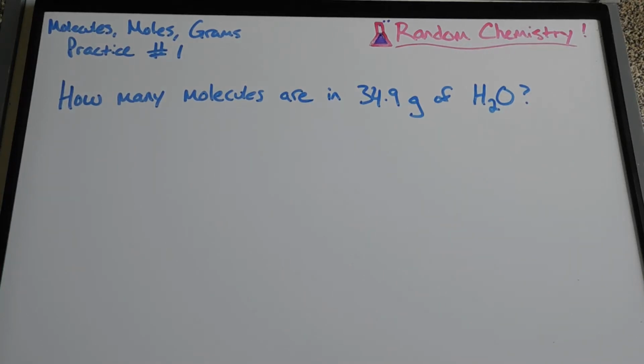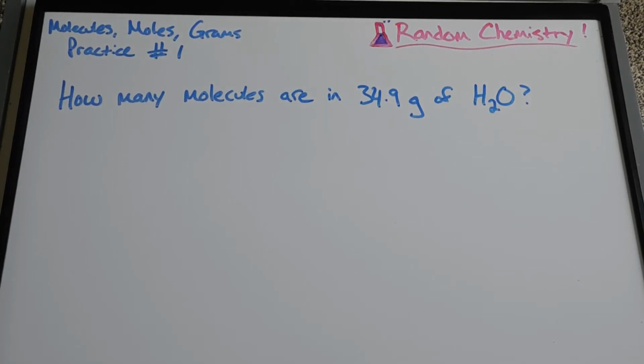In this video, we're going to continue to practice converting molecules to grams and grams to molecules. Here's our first question. How many molecules are in 34.9 grams of H2O? We're going to solve this using dimensional analysis. If you prefer using the MAP strategy, you can go back to my introduction and I show you how to